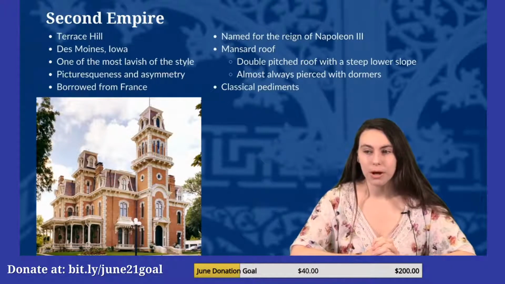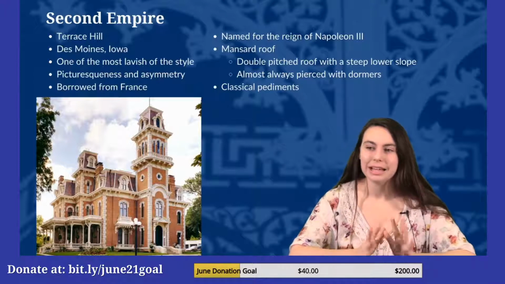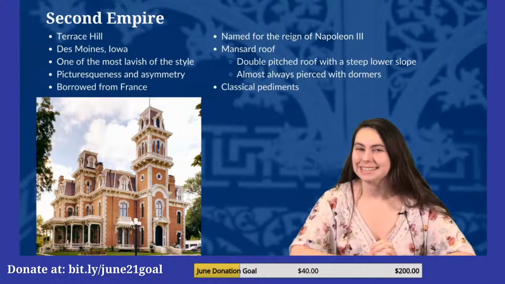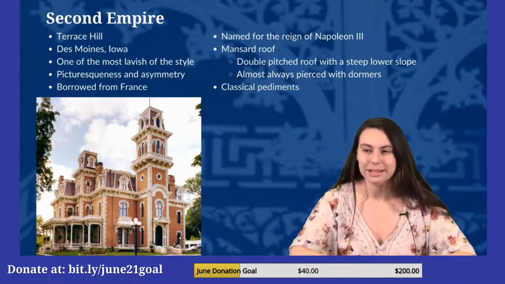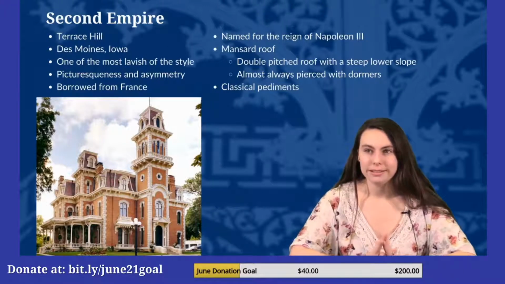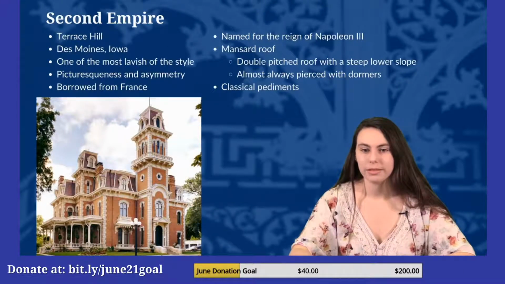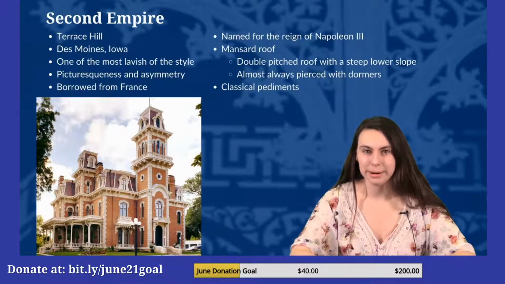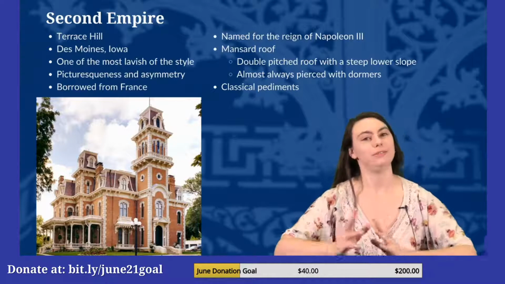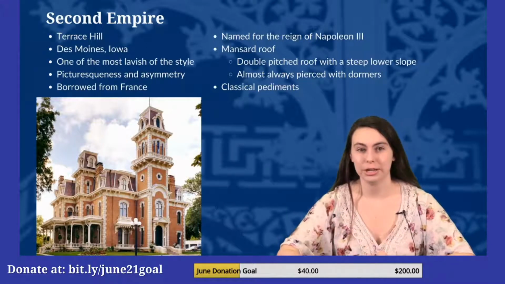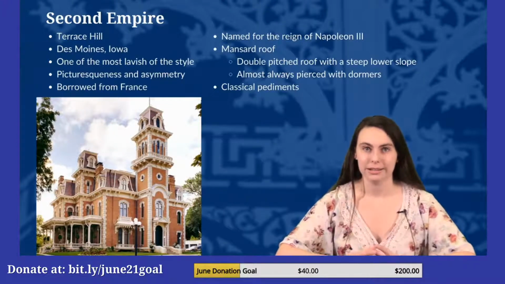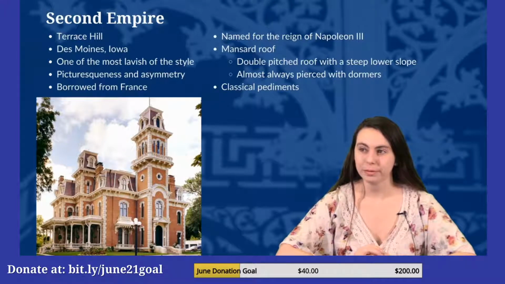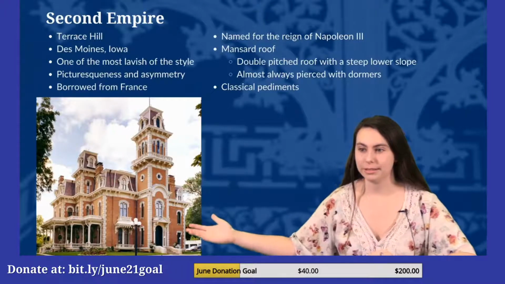This style is really popular. It's hard to say if it started in the 1860s, because America was at war and therefore was not really concerned about building pretty buildings at the moment. So when I think Second Empire, it's very much 1870s, 1880s, 1890s in America. Different in France, where it started earlier, then had to make its way over to America and be accepted in popularity and have America be economically well off enough to build nice, pretty houses like this. But it has a lot of classical elements here,